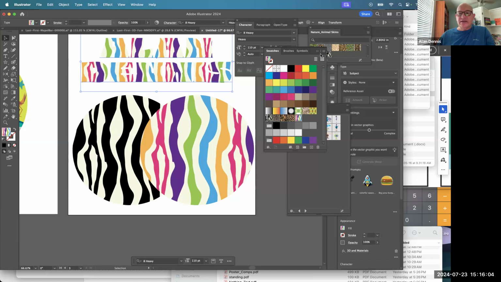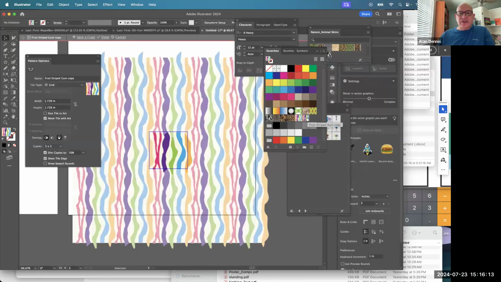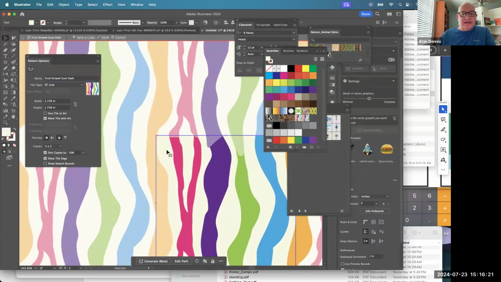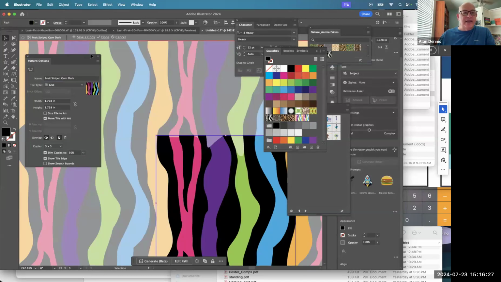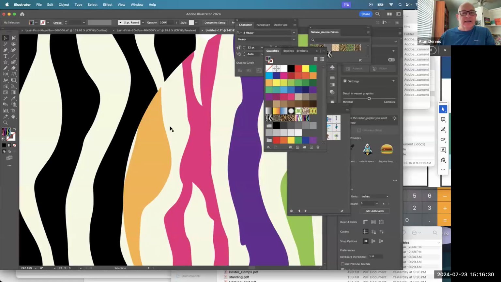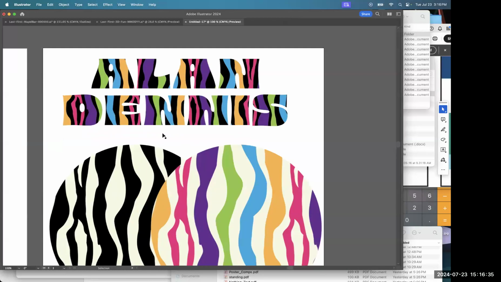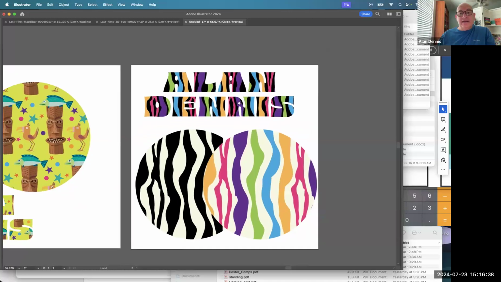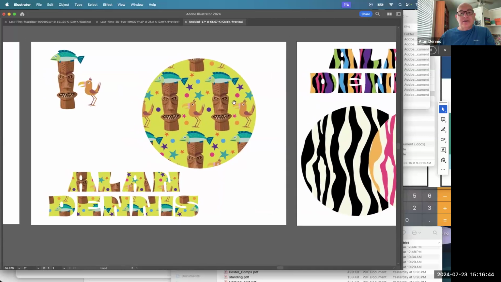But then I could say, oh, well, maybe I want to duplicate that one again. So I'll duplicate fruit stripe gum because I want it to be able to be red now. So I'll say duplicate swatch, and I'll say fruit stripe gum dark. And all I'm going to do on that is select this background color instead of this teal color. I'll tell it to be black, and I'll click done. And ooh, look at my name now. Oh yeah, looks much better. Now you can tell what's going on. Yeah. So you can edit existing patterns. You can create brand new patterns. Using that pattern, step and repeat,